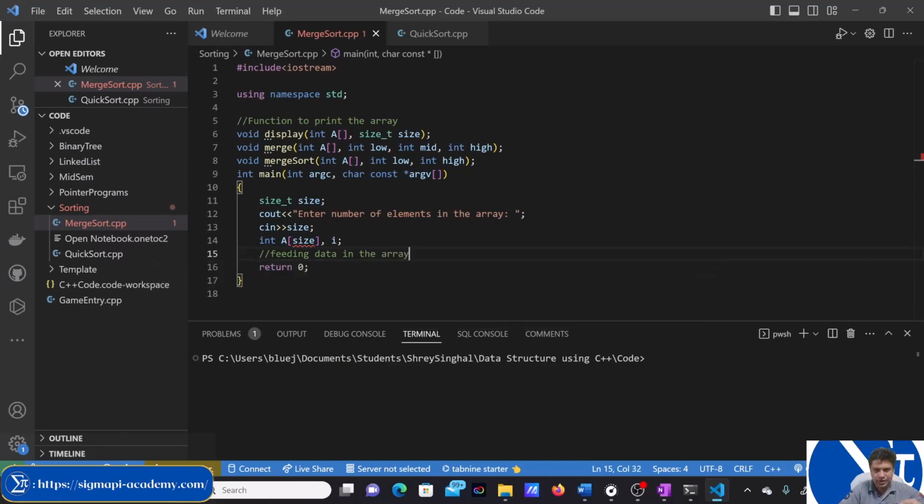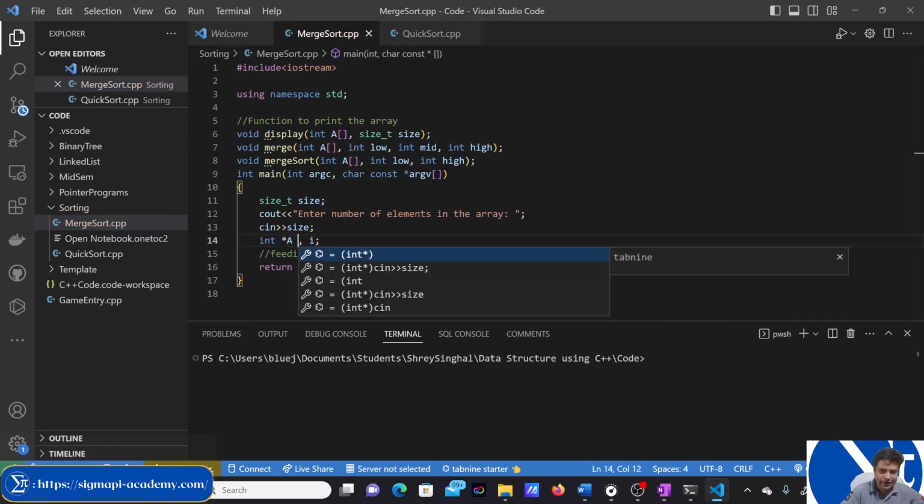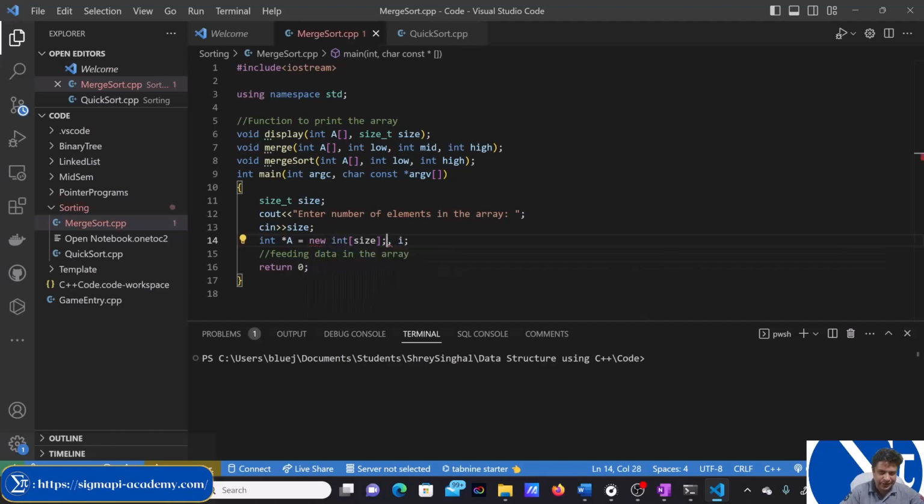Instead of creating this kind of an array, we can create a pointer variable here, int star a, and write equal to new int size. So this will create a dynamic array, which is very much useful. And after that we can use it. So, feeding data in the array by generating